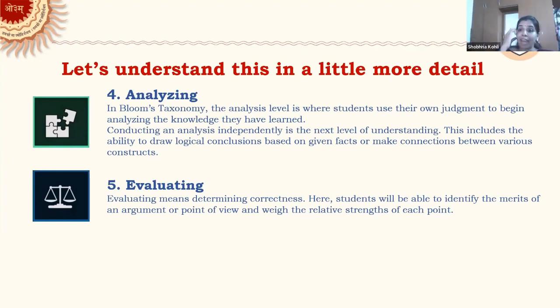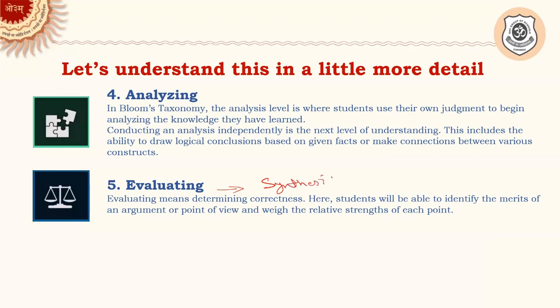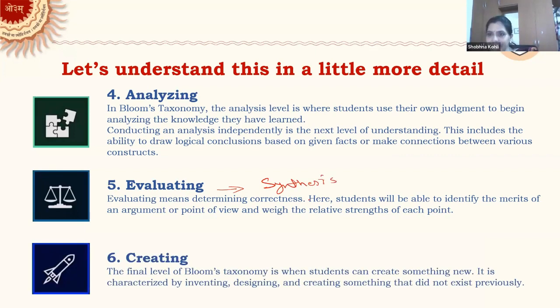Now, teachers, finally we are reaching the final level. And what is that level now, according to the new taxonomy? In the old taxonomy, what was the fifth level? The original old one, ma'am. The fifth one was synthesis. So what is the meaning of synthesis? Again creating something new. And now the final level is creating. The final level of Bloom's,